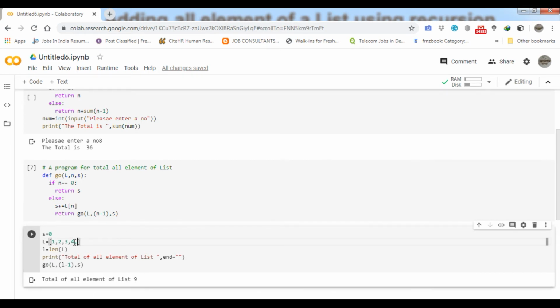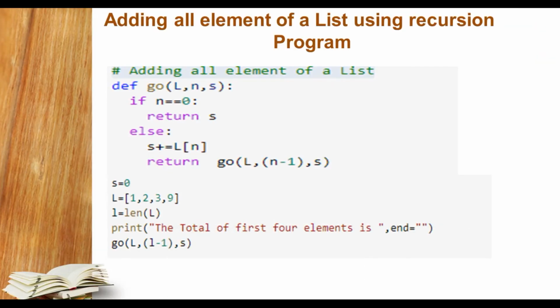Suppose that here the element is 5 again, so now the total of element will be printed. It will take a few seconds student, till then we have to wait, and now we can see 14. And if we decrease the element, it's up to the length, so it will print the output 14 again. Suppose the element is again 9, so 1 plus 2 plus 9 plus 9, what will the output be? Look at the screen student, 20. So student, we have learned how to add all elements of the list using a recursion function.